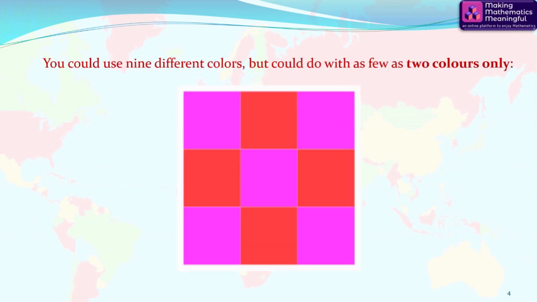You could have used the 9 different colors, yes, but check out, we can use only 2 as the minimum number of colors so that no 2 adjacent portions share the same color. And as I mentioned in the beginning, if they have the same corner, only one corner point, it is okay to have the same color over here. So that's only a corner point.